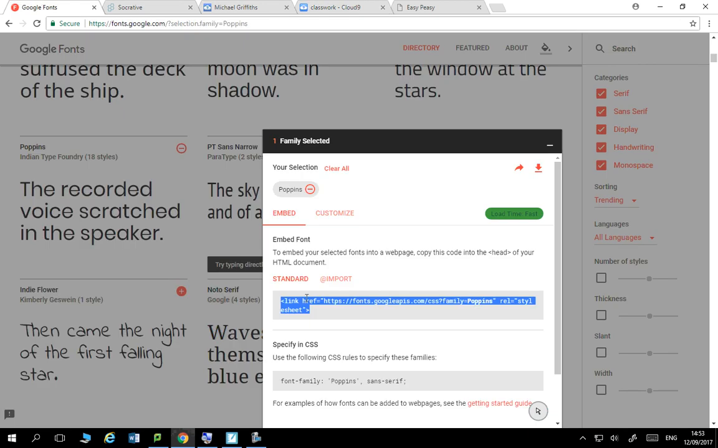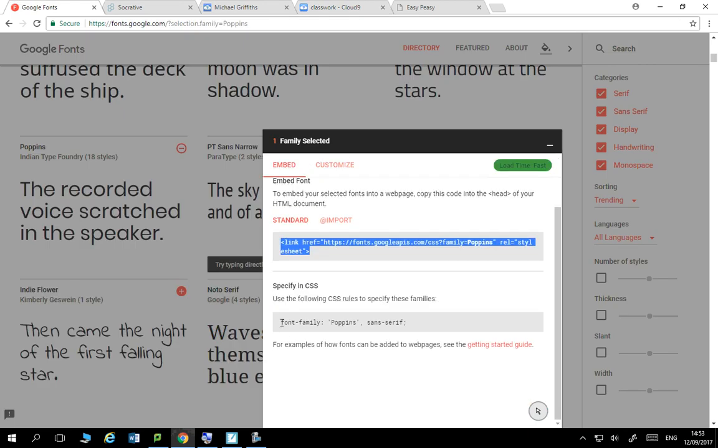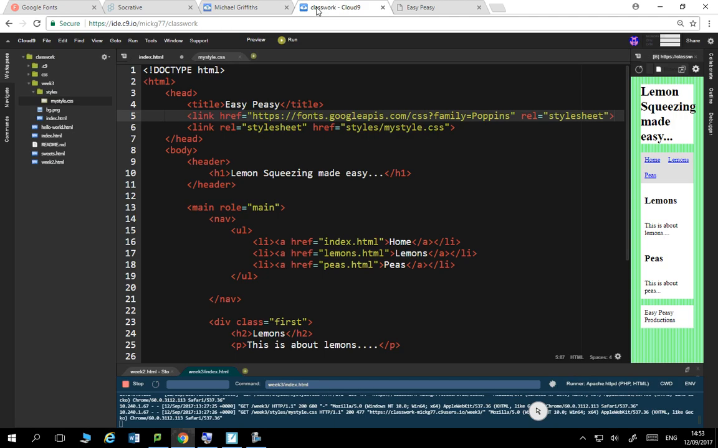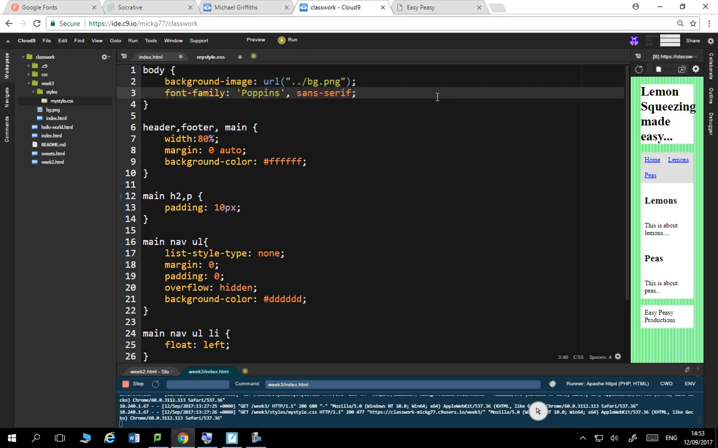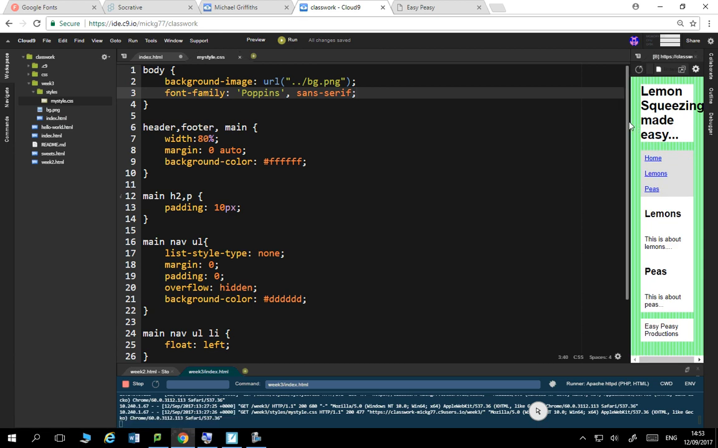So I'll go back there, and the CSS I want is down here, specifying CSS, and that's font-family Poppins. I'm just going to copy that back into Cloud9, into my style sheet, and I want all my fonts in the page to have this. So I'm just going to paste that into the body and save that,